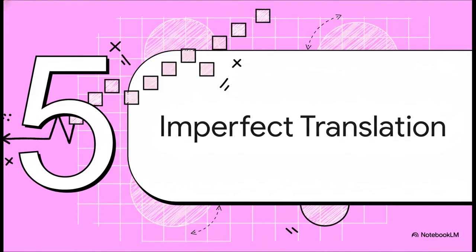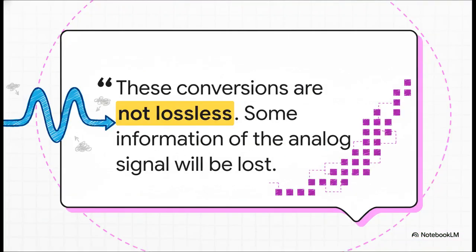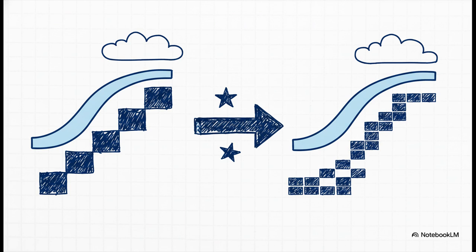Now, that idea of rounding is super important because it brings us to a really crucial point. This whole translation from analog to digital, well, it's not perfect. And this really gets to the heart of it, because you're forcing this smooth, infinitely detailed signal into a limited, finite set of numerical steps. A little bit of the original information always gets lost in the process. The digital version is never, ever a perfect copy. It's always an approximation of the real thing. So the big question becomes, how good is that approximation?